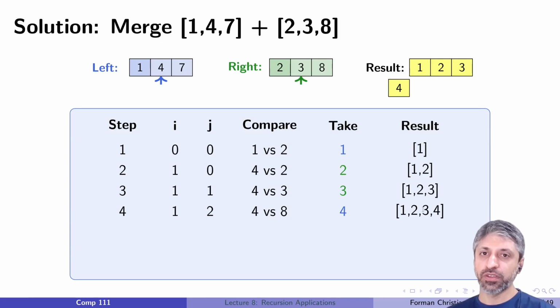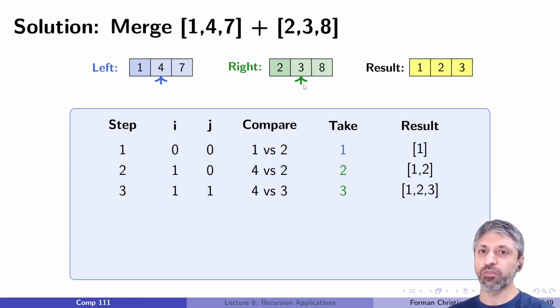So I think here these notes need to be updated a little bit. They're showing the value being copied into the result one step ahead, basically, which we do not want. But the process is exactly the same. So now we compare 3 and 4. The smaller value is 3. We copy that into the list,